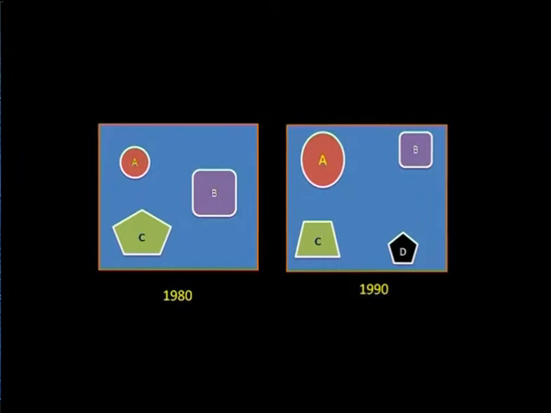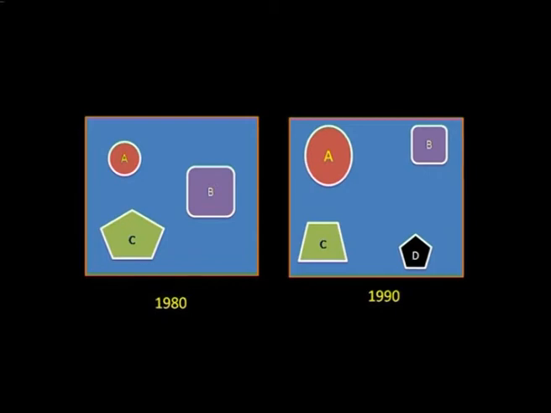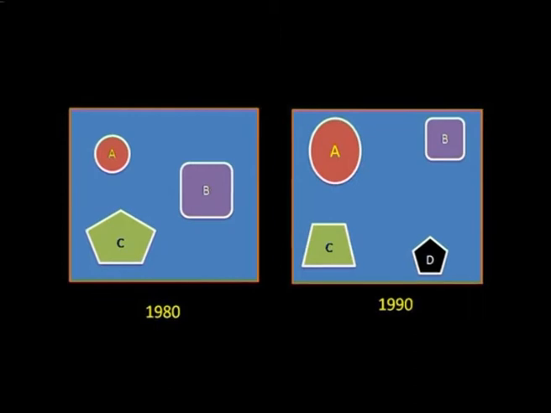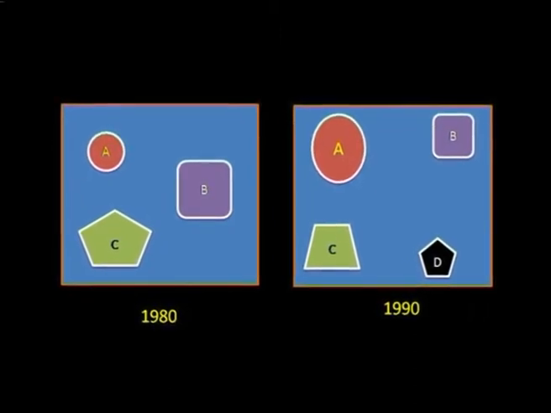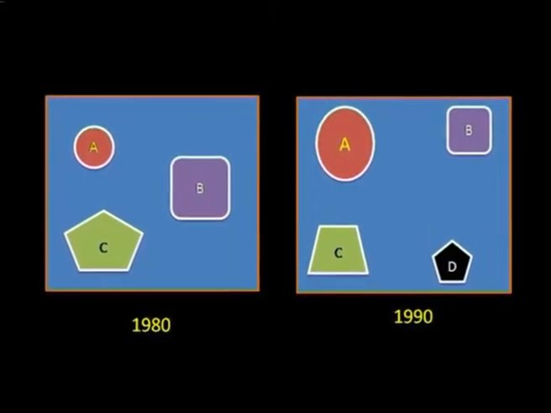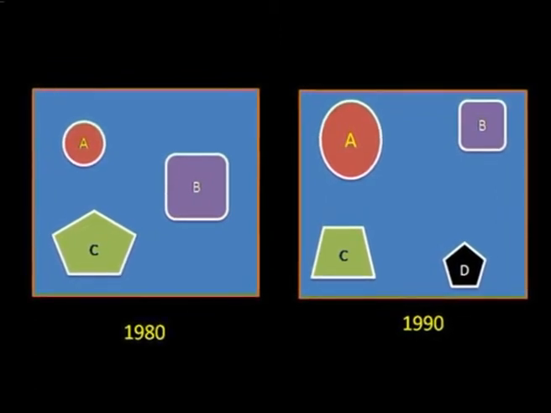How did items, that is features A, B and C, change from 1980 to 1990? A increased in size. A built up land area may have increased. B decreased in size and changed position. A water body may have shrunk in size. C changed shape, but size remained about the same, though that can be determined exactly by GIS if needed. A township layout may have witnessed changes.